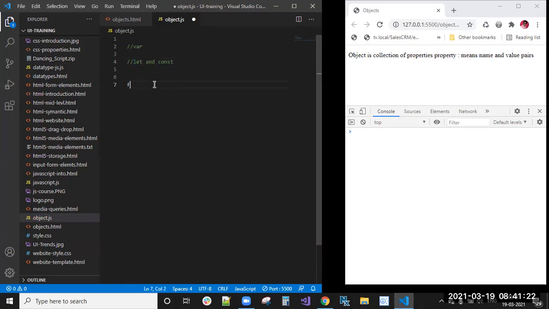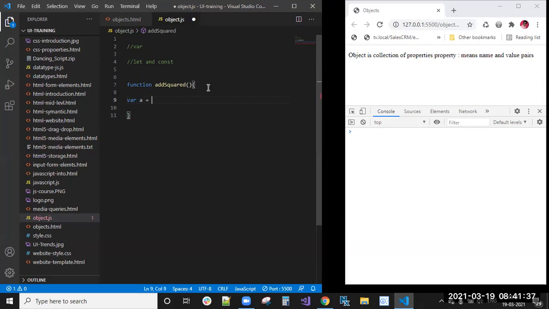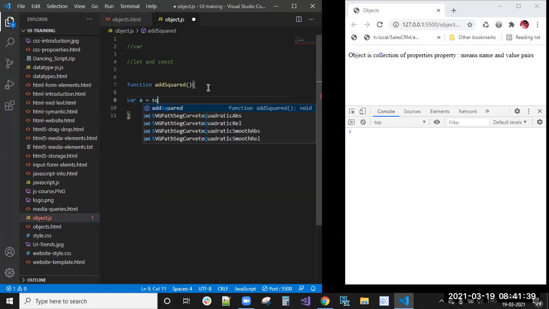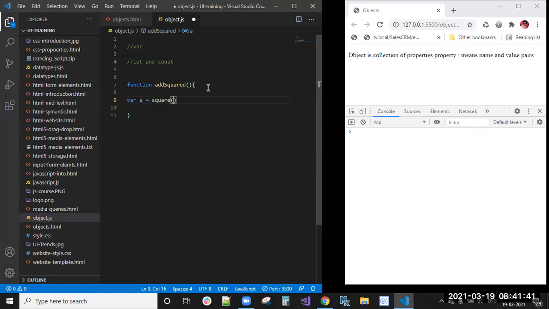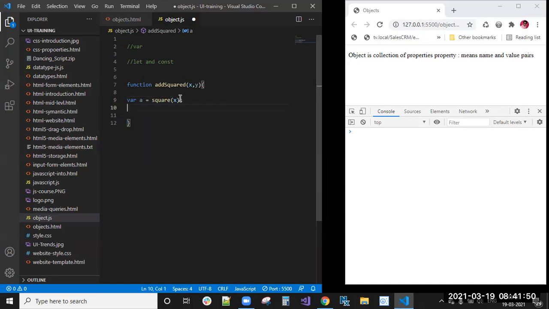Suppose yesterday we saw a function, sum of squares. Here we take a equal to square of x, comma, b equal to square of y. This has taken two variables, right?